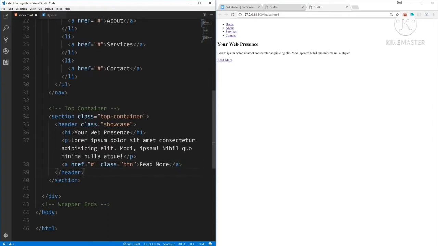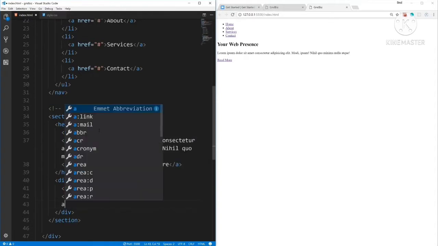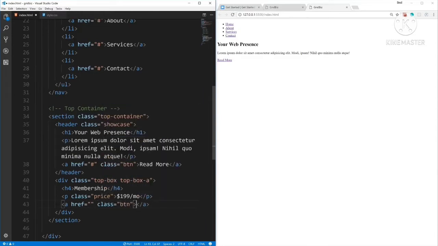Now, still within the top container section, we're going to do the first top box. So it's going to be a class of top box, and then another class of top box A. Okay, and then inside here, we're going to have an H4, we'll say membership. And underneath that, it's going to have the pricing. That's going to be in a paragraph called price. And this is going to be $1.99 per month. And then underneath that, we'll have an A tag, and let's actually give this a class of BTN, and we'll